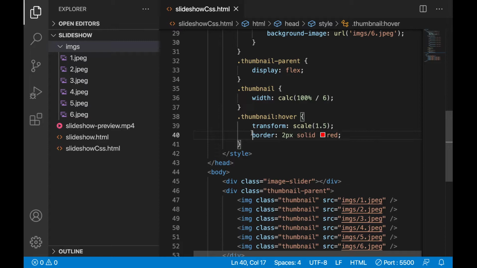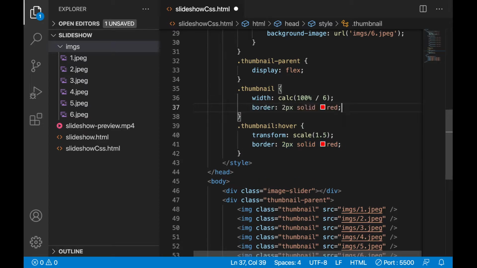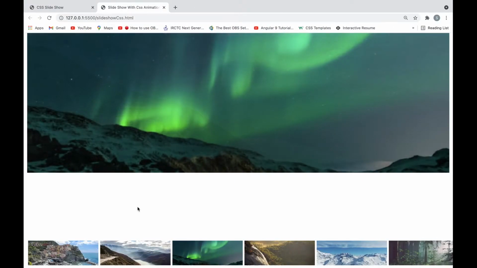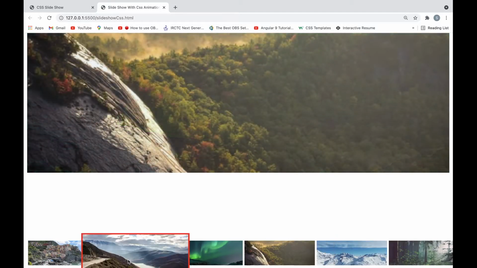So give this normally also, so that it will not move, because the 2px is being added. So instead of red, give transparent, then the border color will not appear. The border will be there at 2px, but the color will not appear if it is transparent. So only on hover will the red color appear. Just save it. Now let's see, it is not moving.